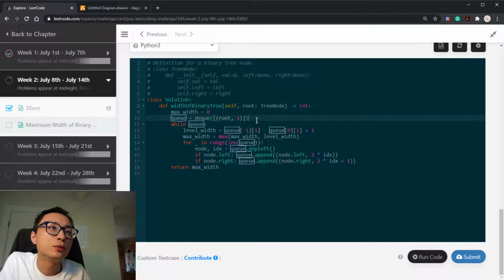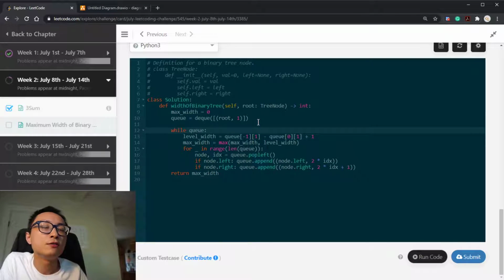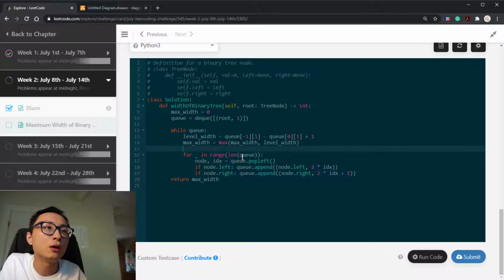We have a while loop that's indicative of whether we still have a valid level we can traverse. If that's the case, we just want to look at the first node and the last node's index number. Take the difference between those plus 1 to get the current level's width, and we use that to update the global maximum. After that, we pop all the nodes out of this current level. So this for loop just tells us how many nodes we have to pop